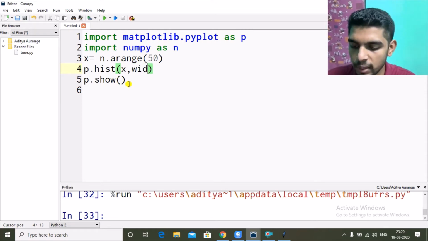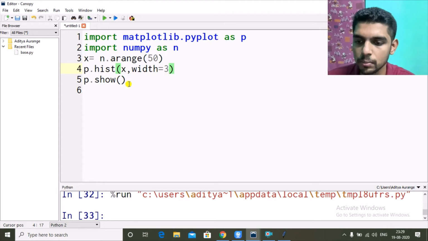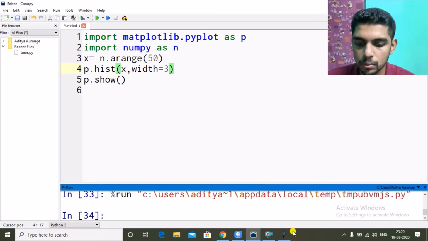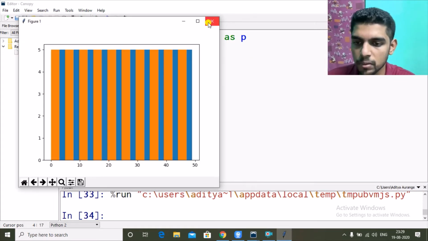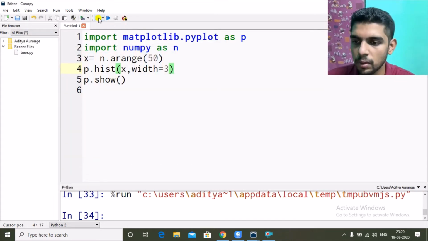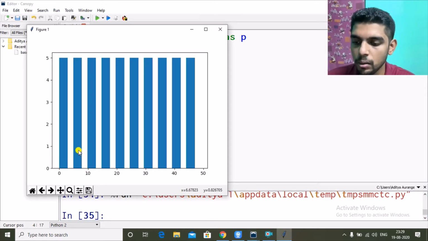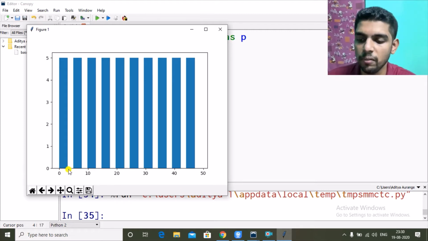Let me use width equal to, let's say, 3 units. Now if I run it, I have to close the previous one first. Now if I run it, see, between 0 to 10 there are 2 intervals, and in each interval we are showing the distribution of our data. So 0 to 5 may be one interval, and in that we have 5 values.